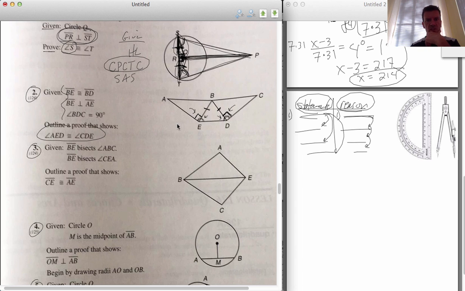Okay, so here's what we would do. Right here I could state that I have an isosceles triangle, because those sides are indeed the same length. And then I would say that this angle right here, BED and BDE, are congruent because the base angles of my isosceles triangle are equal. Okay, so you say they're equal in measurement and then they're congruent. Then I could say that